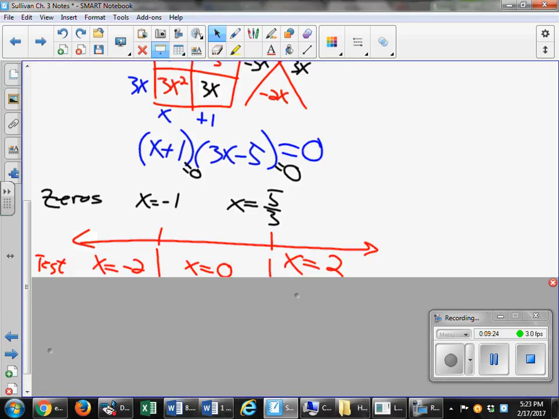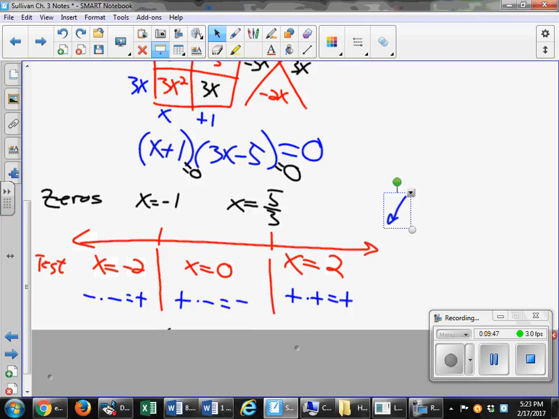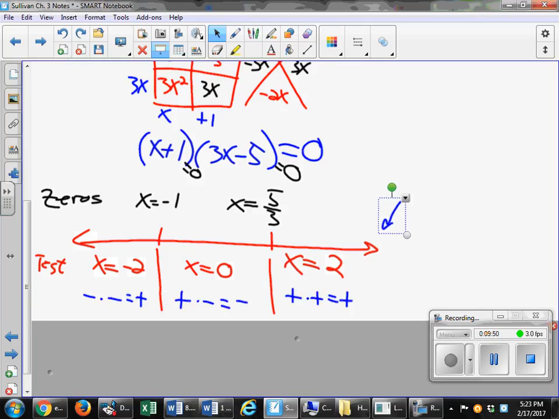And we're going to test some different points. So I just picked something to the left of -1, and that was -2. Something in between -1 and 5/3, and something that's to the right of 5/3, which the closest and easiest thing is going to do. Again, we go back to the factored form of that as I do this,